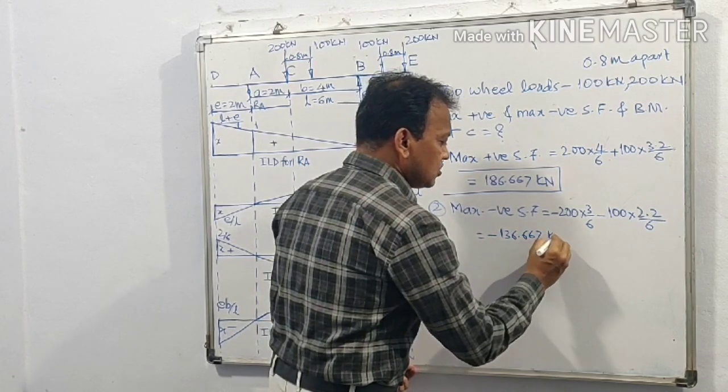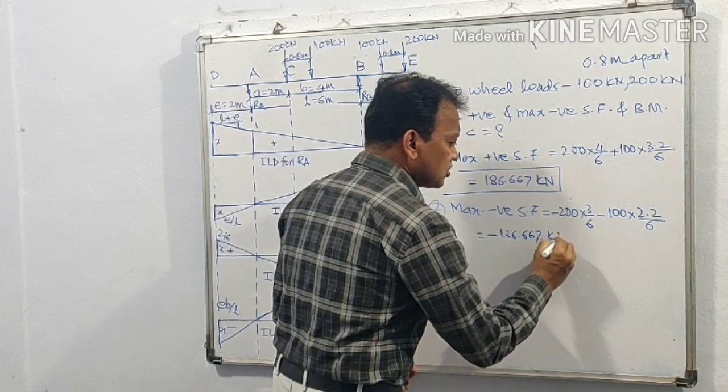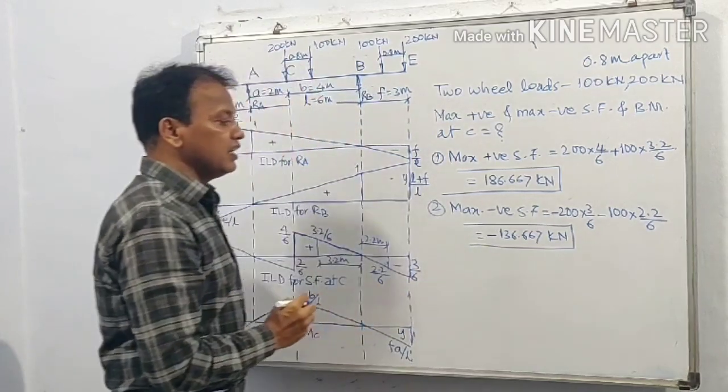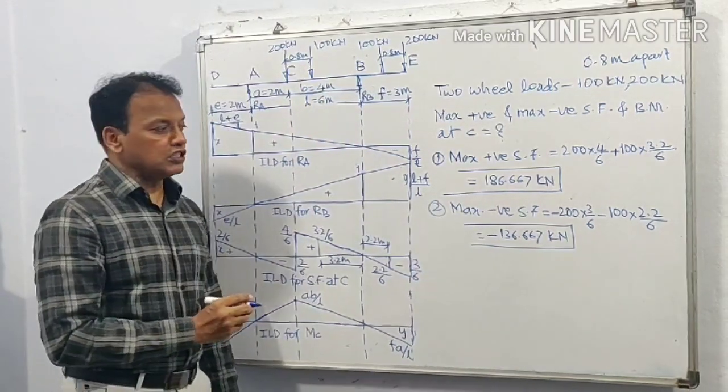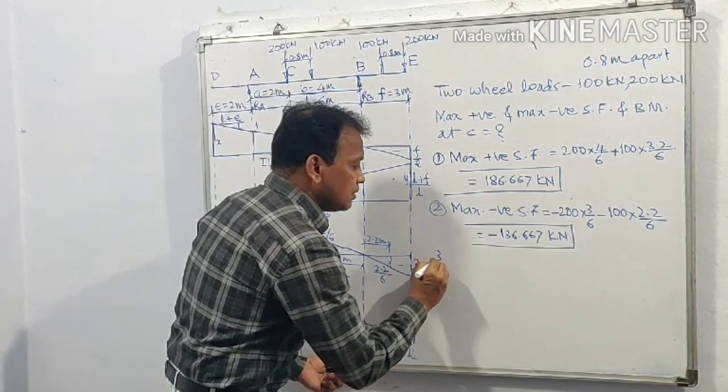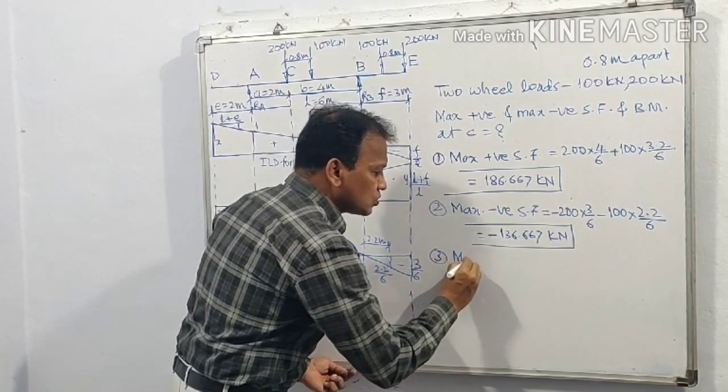Is equal to minus 136.667 kilonewton. So maximum negative moment we are getting, that is 136.667 kilonewton. Now maximum positive shear force,